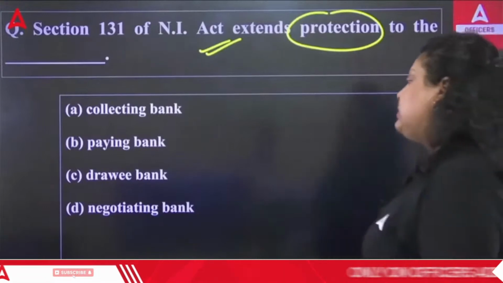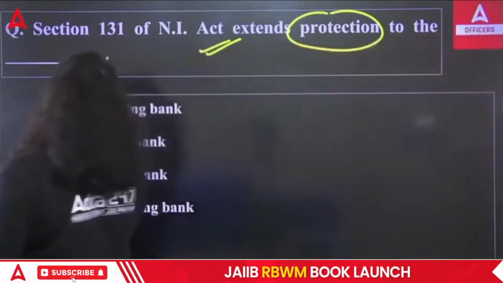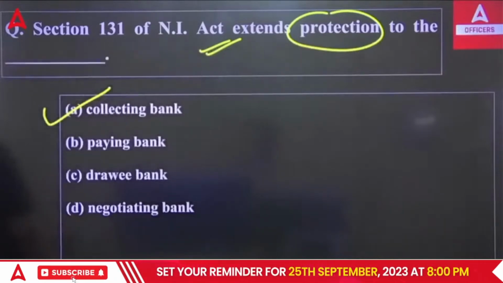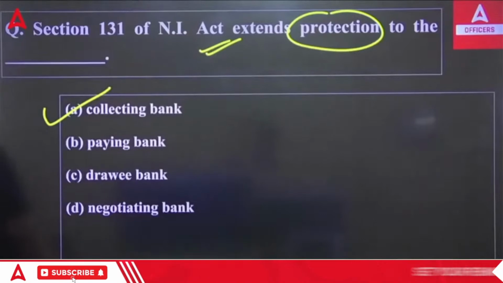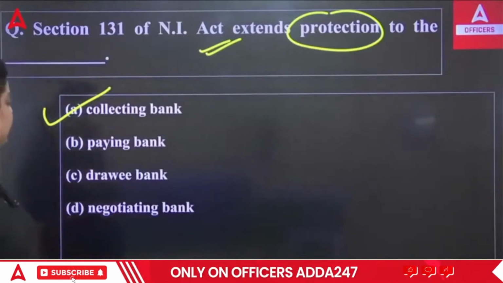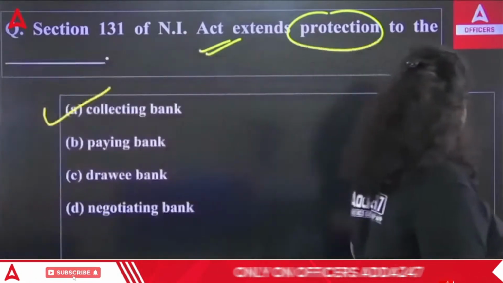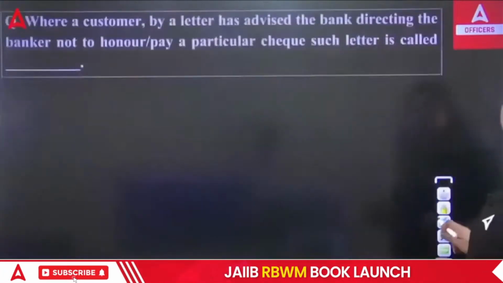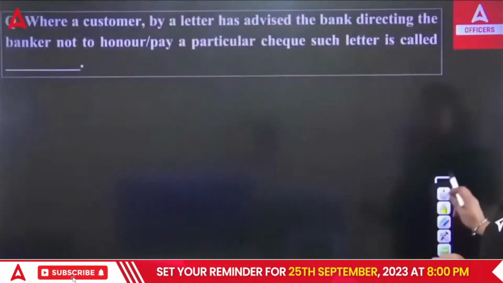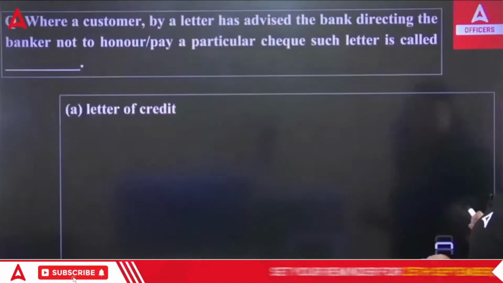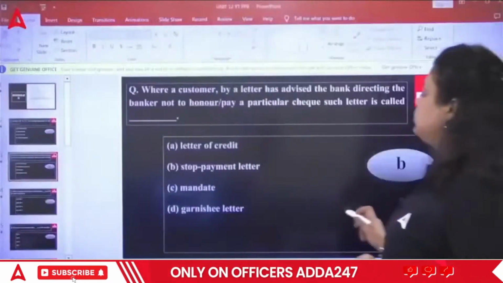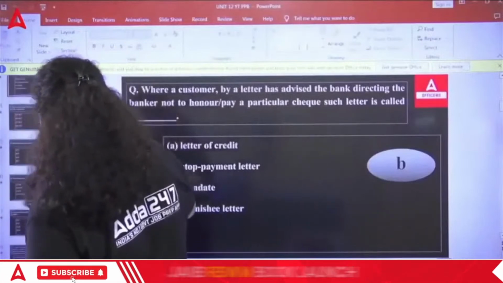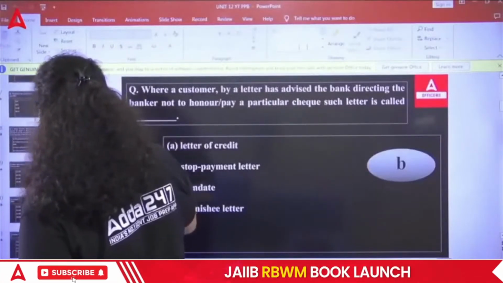The right answer will be the collecting bank. It gives protection against a certain situation to the collecting bank under the Negotiable Instruments Act 1881, Section 131. So the right answer is what? The collecting bank will get the protection. Now, the second question is talking about this: we have talked that Section 131 gives protection to whom? To your collecting banker. But in what condition is it providing the collecting banker